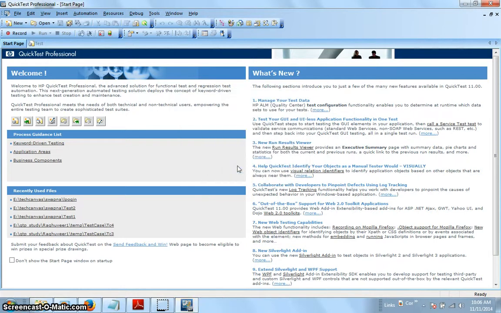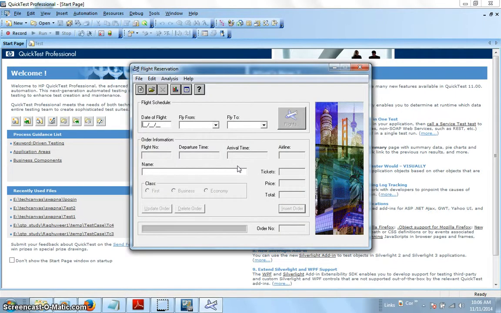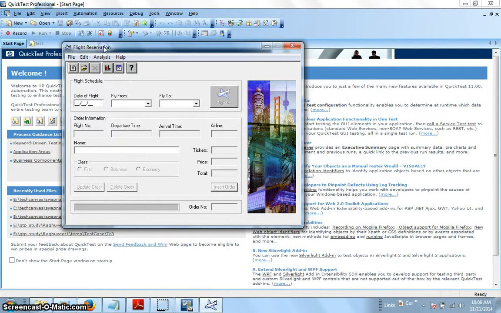You can see the next screen, that is the Mercury flight reservation. This is the next screen where you can insert an order. Whatever application you are working on, we need to functionally understand what sort of data is required, and only then can we perform the action.